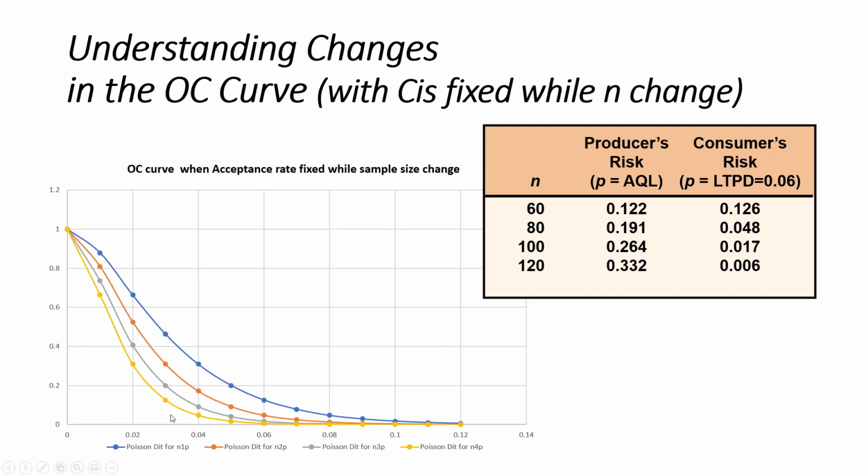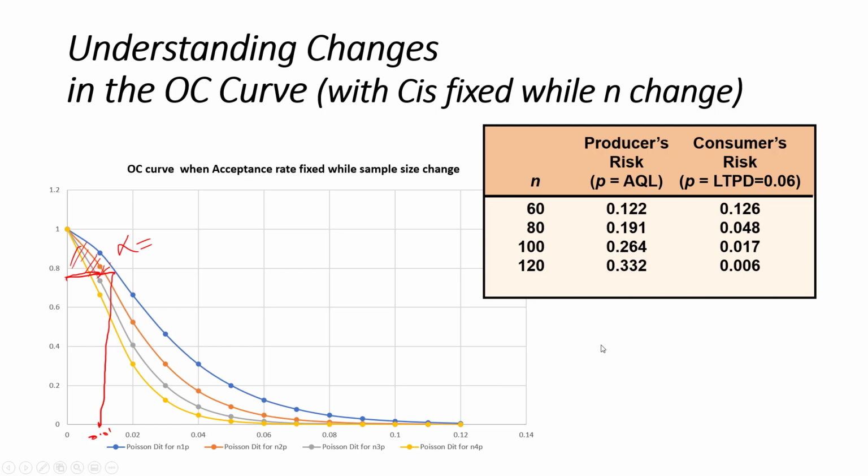So there is a huge risk. Let's suppose this is 1%, 0.01. If I draw it, it will be at this place, near here. So you can see this will be the alpha, the producer risk. So this wall is the alpha, the producer risk. So the producer risk increases while the consumer risk decreases.